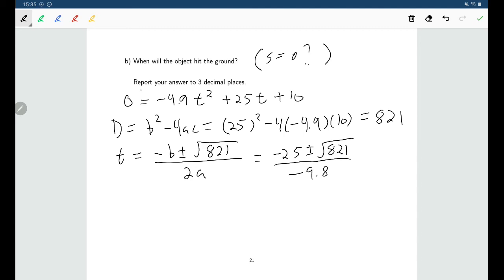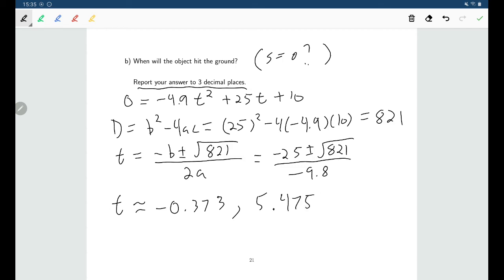Again, we're looking to report our answer to a certain number of decimal places, so I'm just going to use my calculator to find the approximate values for t. I find that t is either negative 0.37277, so negative 0.373 rather, or the other one being 5.4748, so